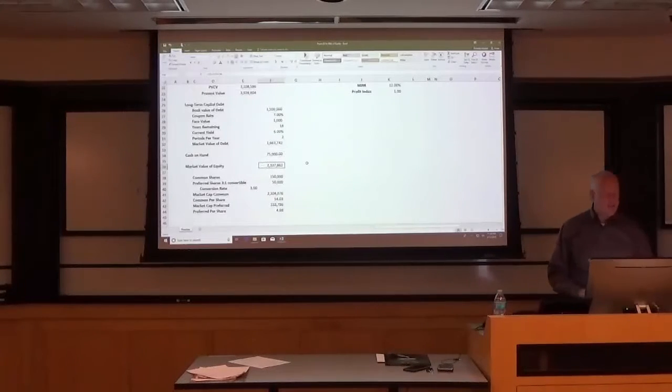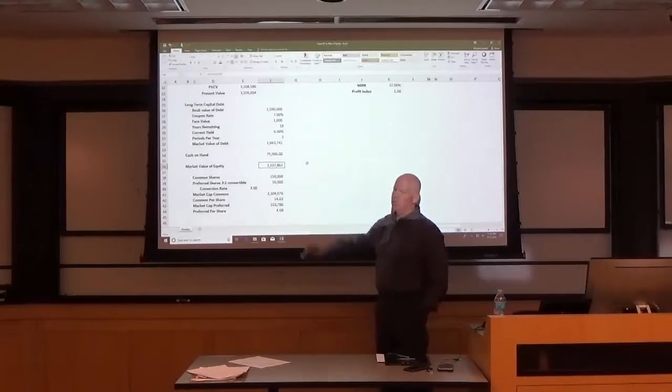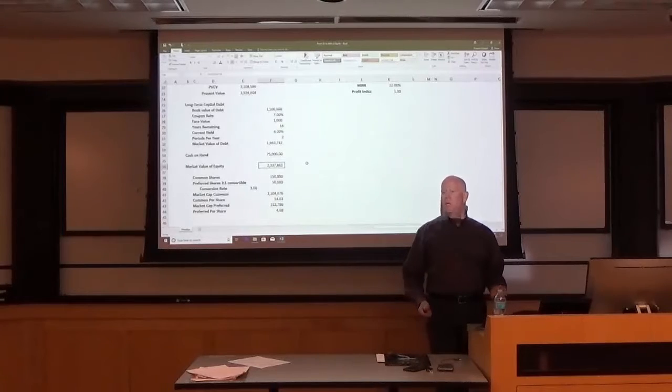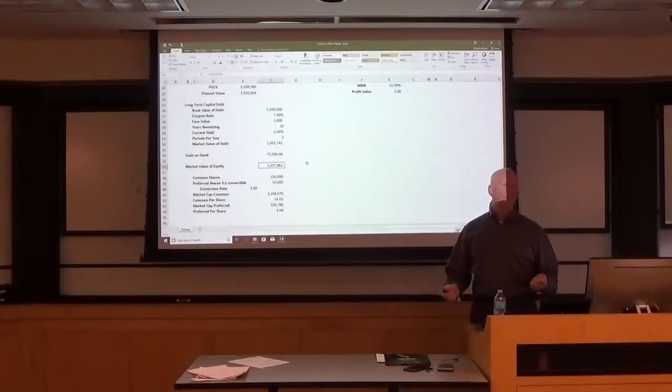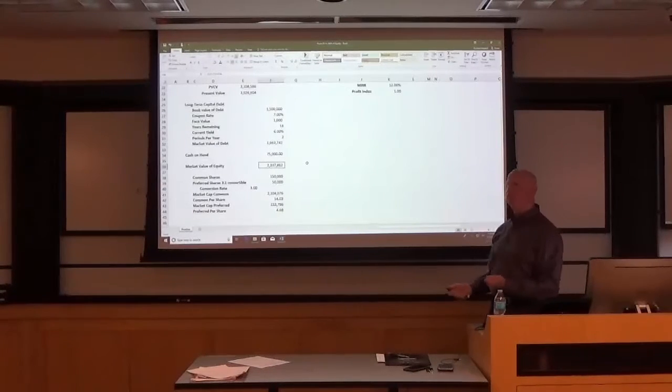But in this case, I've got 150,000 shares of common stock, and I got 50,000 shares of convertible, or preferred, which happens to be convertible at a 3-to-1 ratio. Not all preferred stock is convertible to common, but almost all preferred stock is convertible to common. And the 3-to-1 ratio is simply a number that I pulled out. Different versions of preferred are convertible to common at different rates, and some of them are immediately convertible, some can't be converted for a specified period of time,